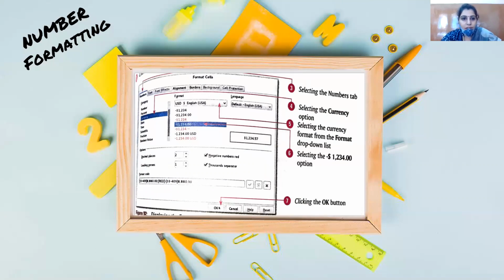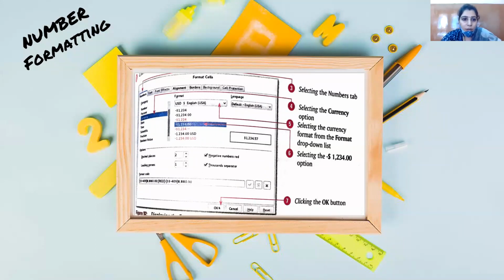Inside the format cells dialog box, there are tabs with the help of which you can set the fonts, give font effects, set the alignments of the cell content, give background to your cell, and apply borders to the cell. The most important tab is the number tab.